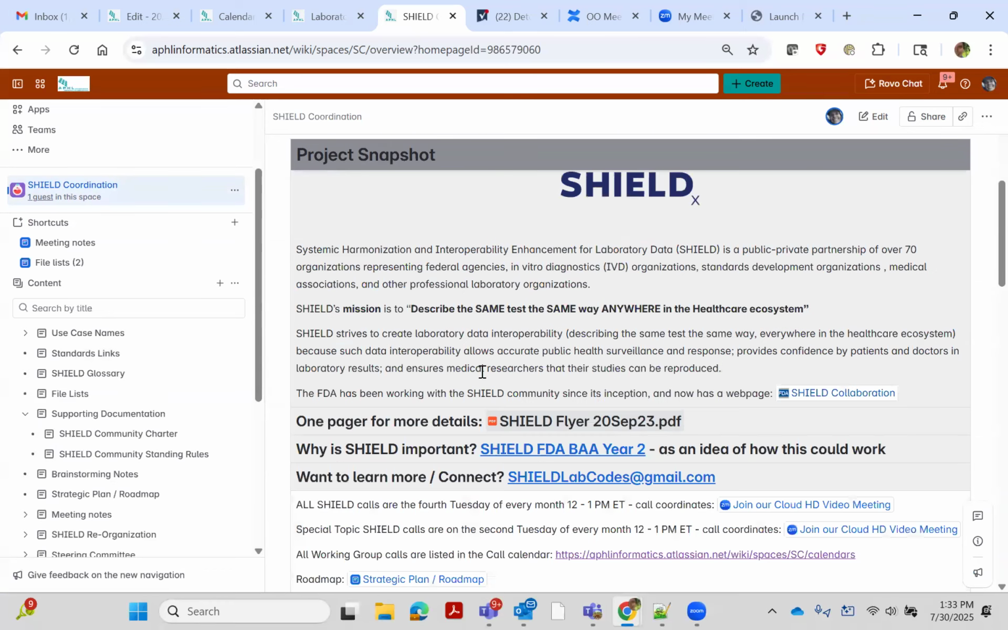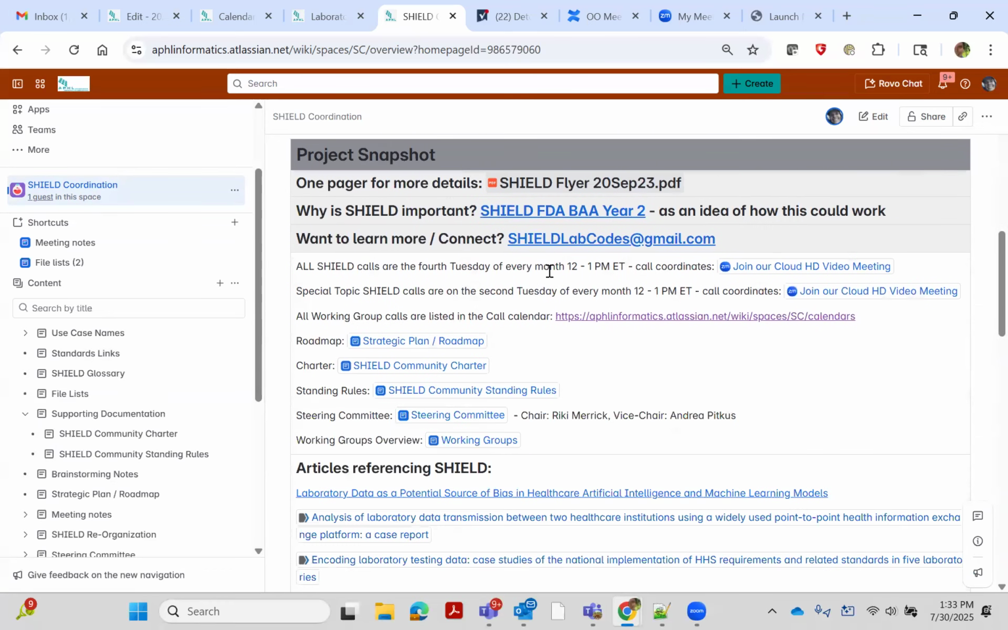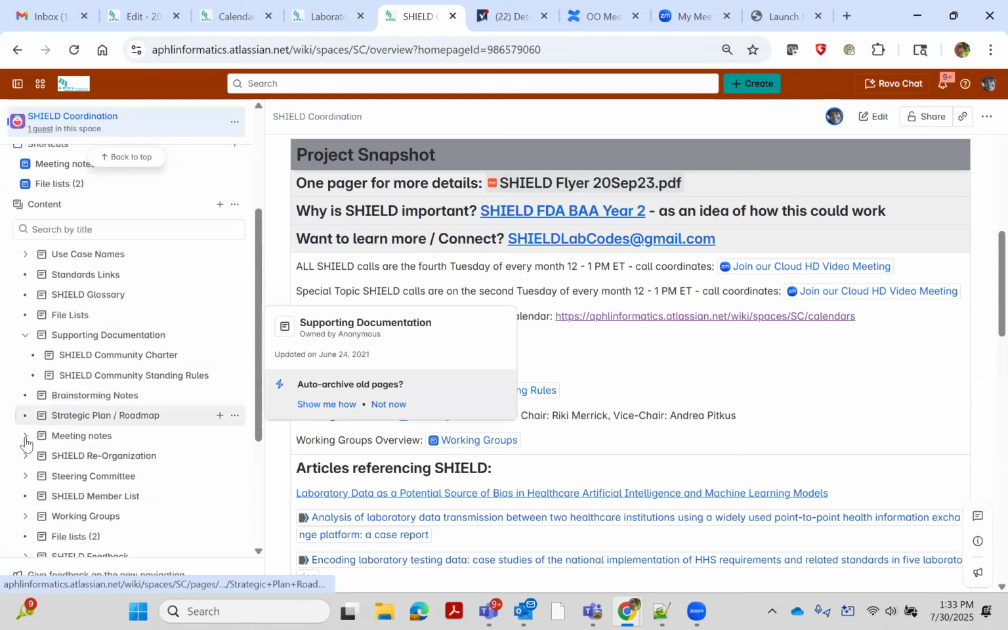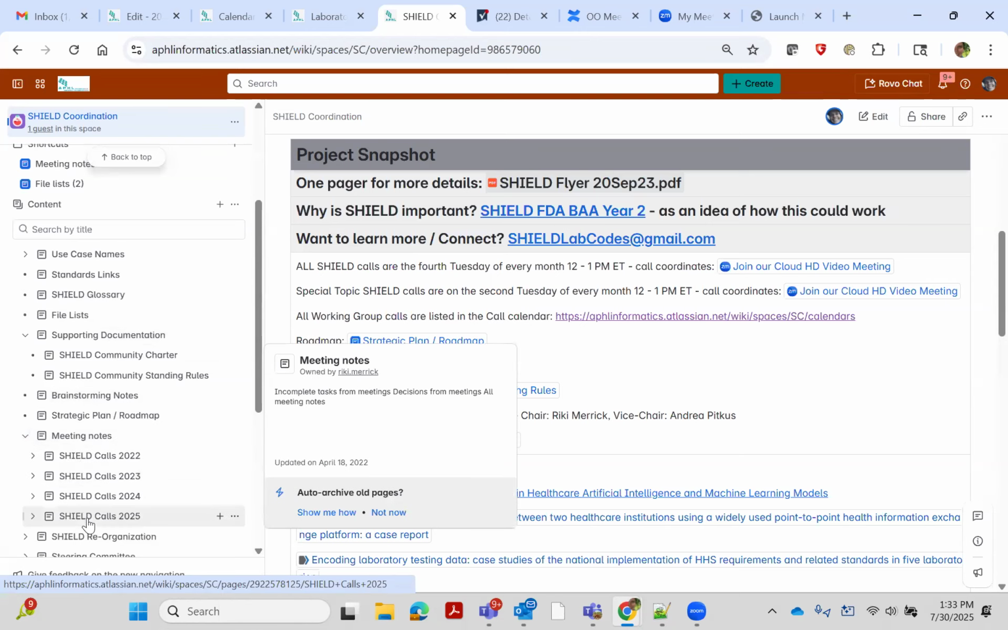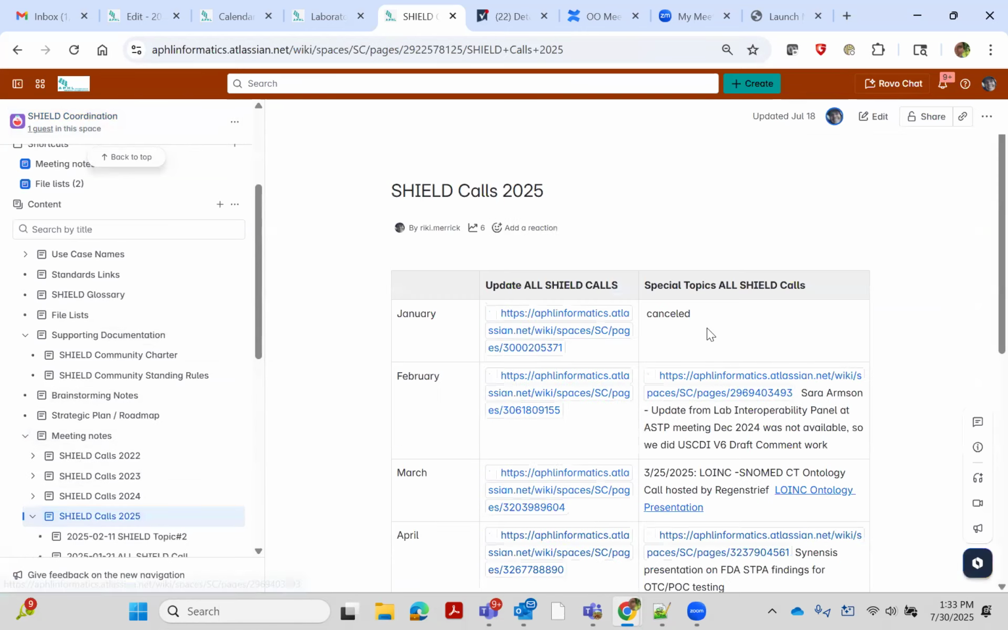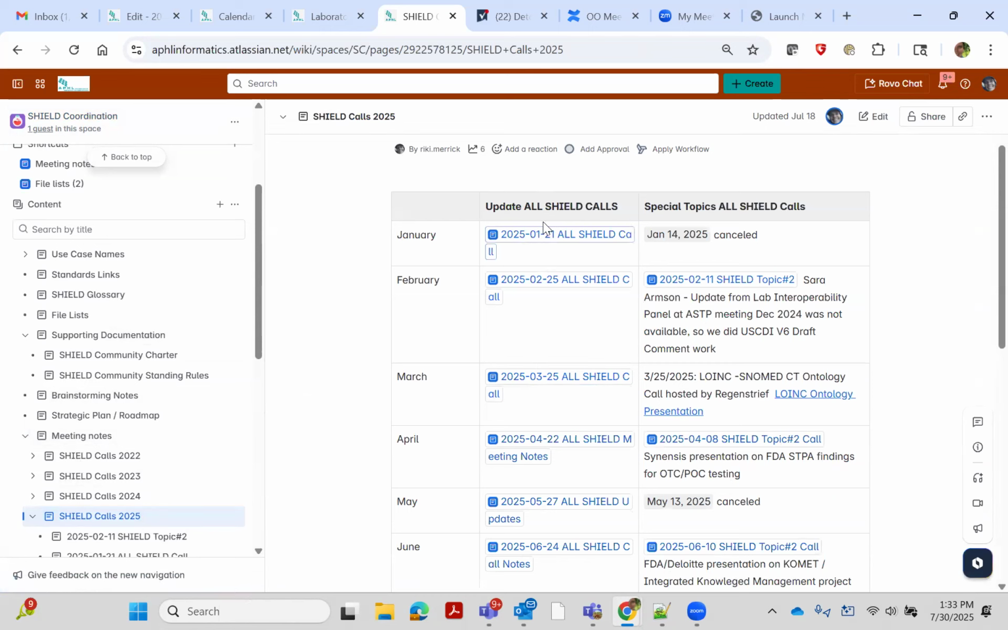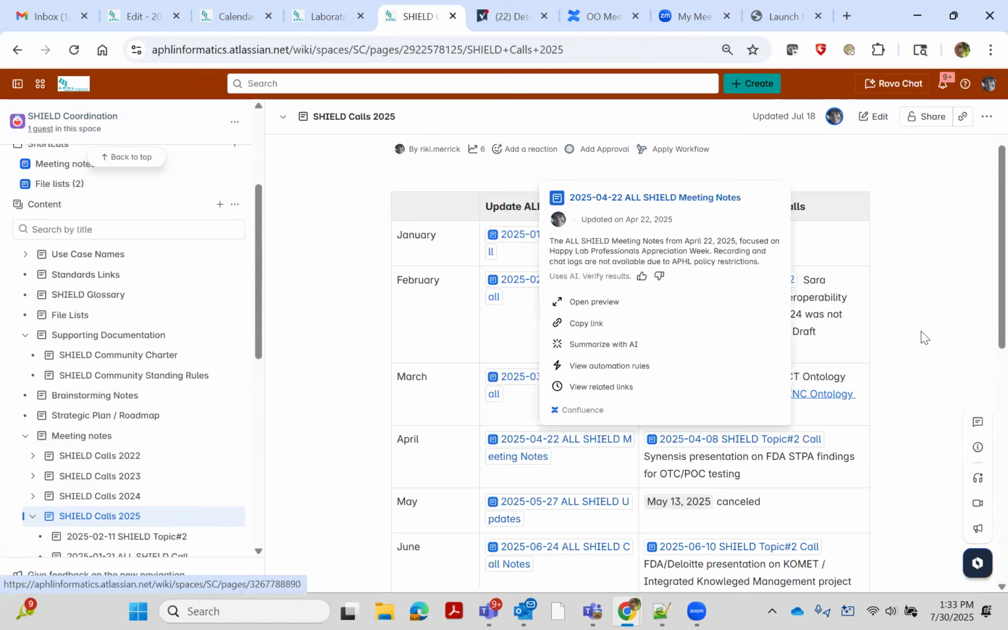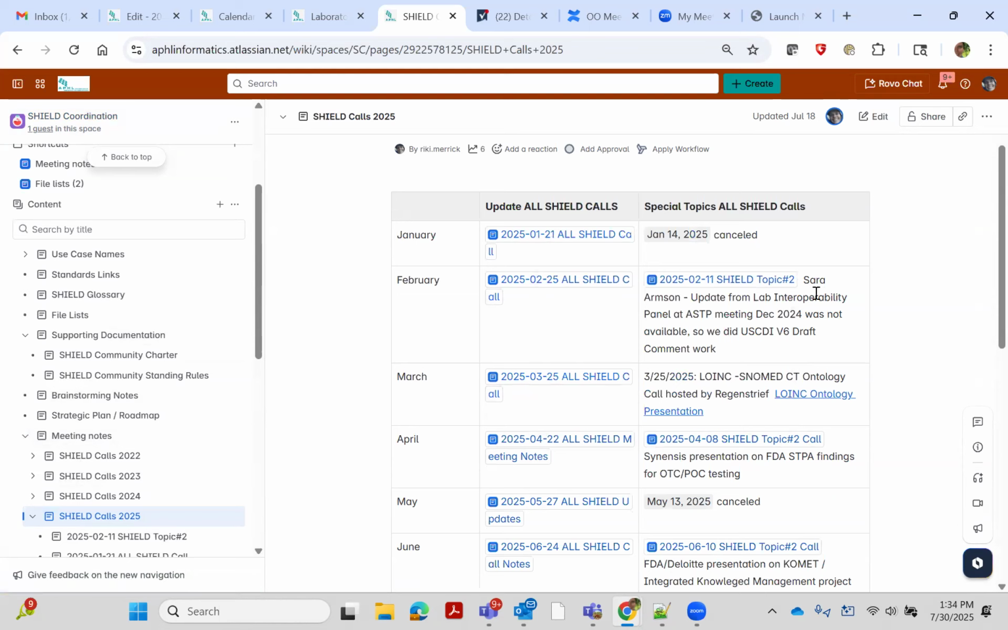We have two main calls. The All Shield call is the fourth Tuesday of every month from 12 to 1. That's usually like an update call. And then the second Tuesday of the month, also from 12 to 1, is the special topic call. So we used to have, and I can go there here if it's meeting notes. So if we go to this year's Shield calls, the All Shield calls are linked from here. And then the special topic calls are